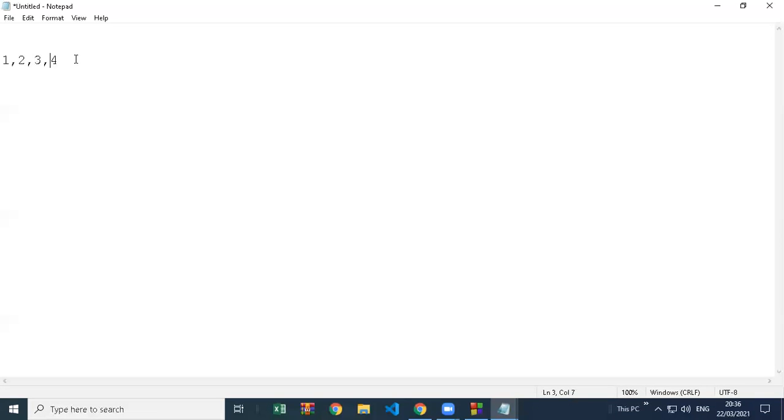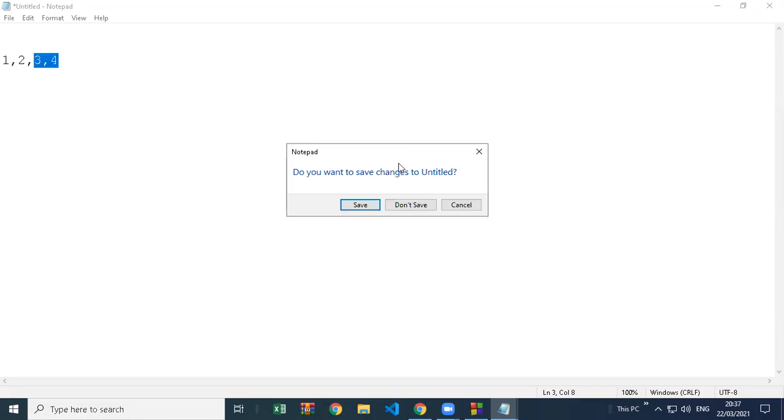It's not like bubble sort, where bubble sort does a fixed number of comparisons. Insertion sort makes comparison and shifting only if the values are greater or less, depending on whether you are doing descending or ascending. Currently I was doing ascending, so I was just checking for a greater element, and I found a greater element only in this position, so I shifted there. So this is how insertion sort works.